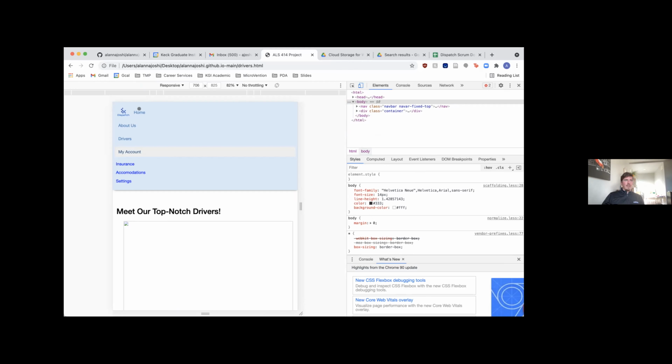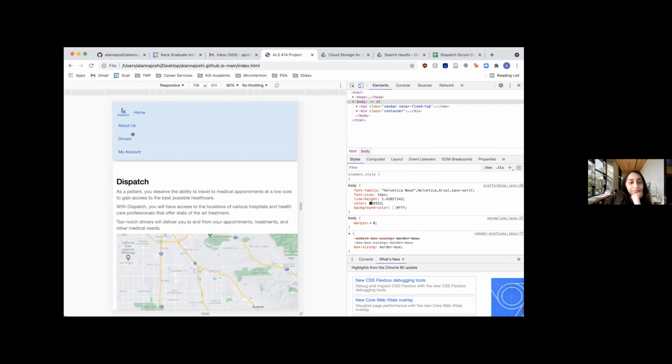And then for the driver section, or not the driver section, the homepage, I would just advise don't get too caught up in trying to make the map fancy. You'll have an embedded map, so that'll be cool. But there's only so much you can do with an embedded map because ultimately Google owns it. So I would encourage you to focus a little bit more on the things that are around the map. So maybe there's a button for me to call a driver. And then when I click that, it'll tell me something about the driver, right? Or maybe it'll tell me how long it'll take them to get here,